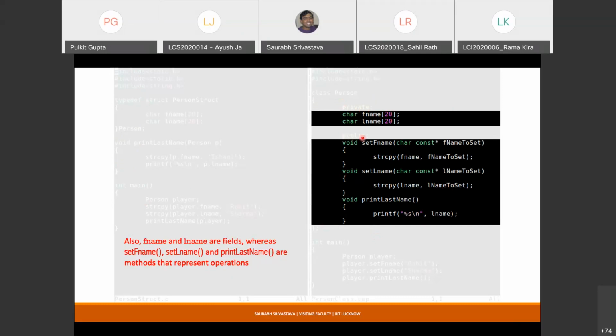We will discuss what they are, but for now just understand that the major concept is that you need to start putting these functions within the class realm, and these functions can only be accessed with the help of an object. If you understand this much, that is enough. We'll see more examples tomorrow.